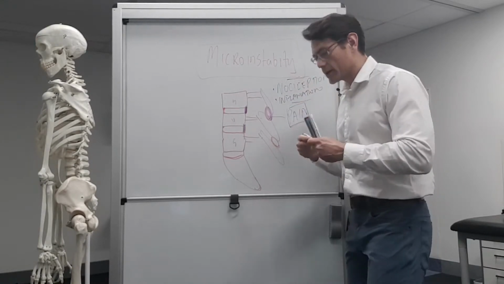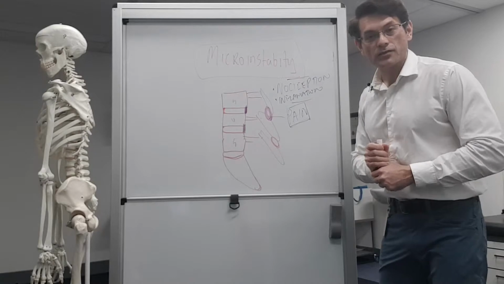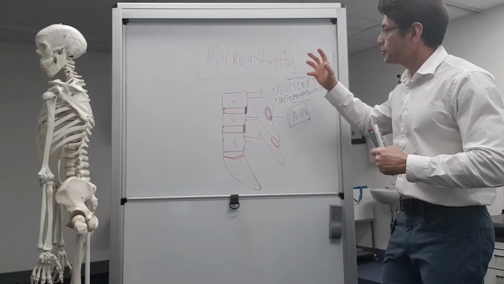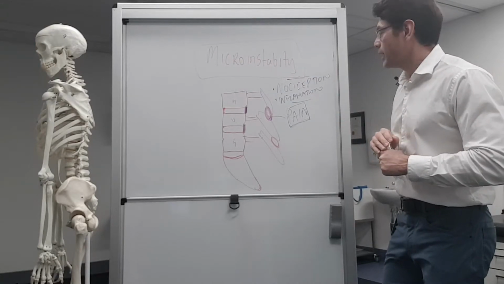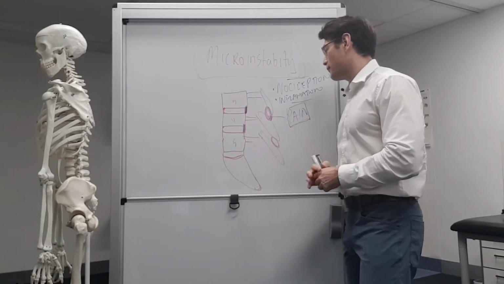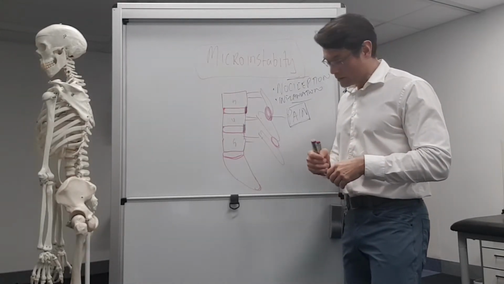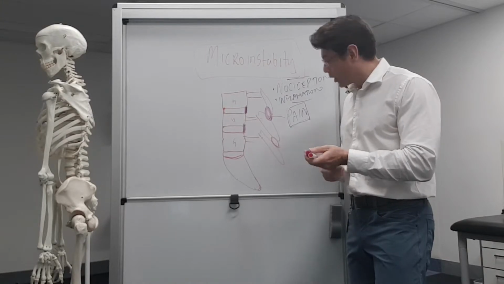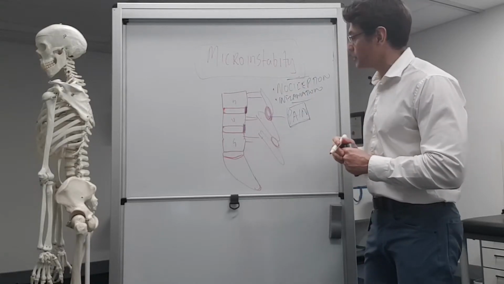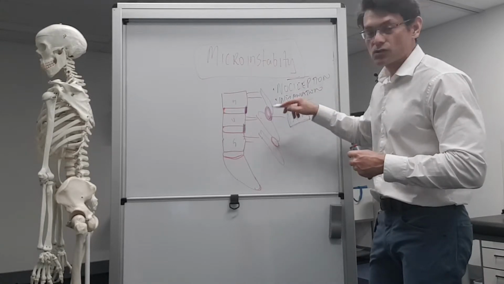Okay, so the trick is to try to minimize the activation of nociception and inflammation. And how do we do that? Well, we want to prevent micro-instability from occurring, and the spine is only robust and strong and powerful if it is moving correctly. If the spine is not moving correctly, you are going to experience the consequences of this micro-instability and activate these nociceptors and inflammatory changes in the soft tissue